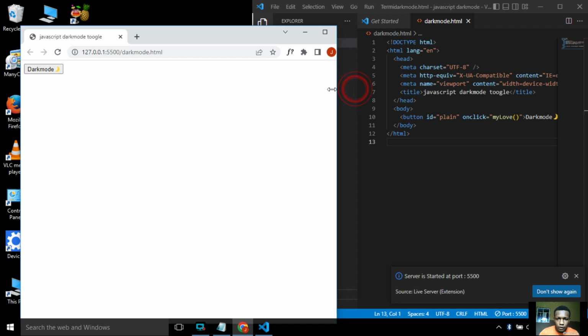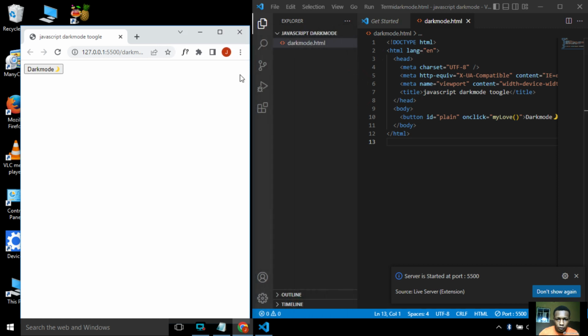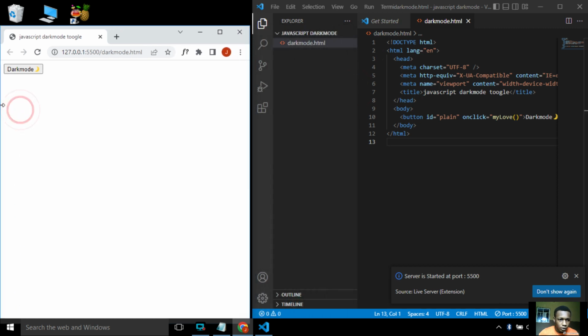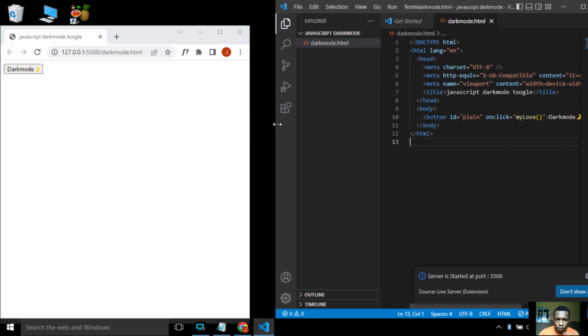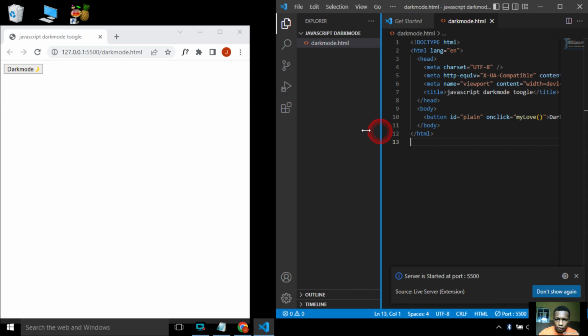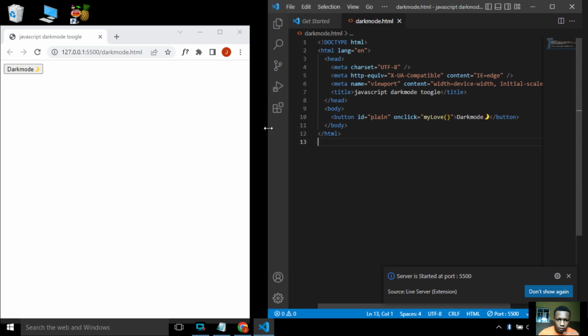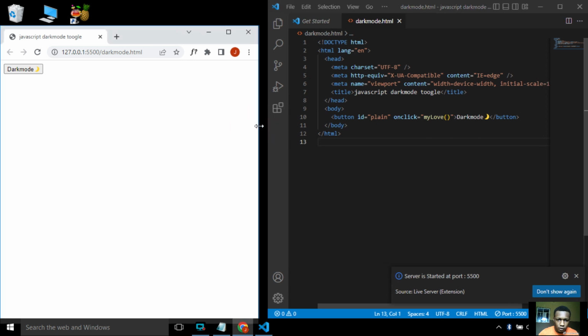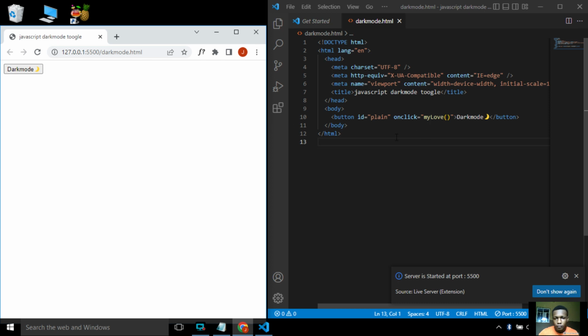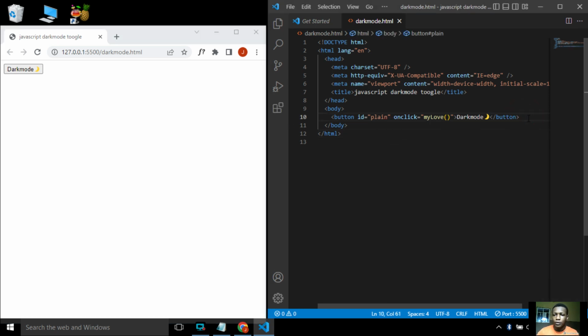I'll have to adjust my screen so we'll see the outcome as we view it. This is how it will be. Okay, I'll just close here and then increase here and then increase here. So okay, with this done,